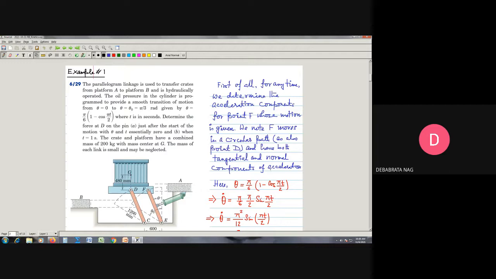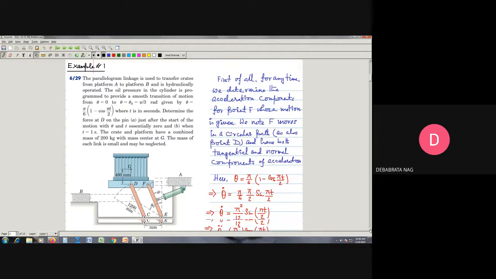Let us first explain the figure for the problem. In this case, what we have is a crate, a heavy box. Now that is moved by means of two equal but parallel linkages. So this thereby constitutes what is known as the parallelogram linkage. And in case of the parallelogram linkage, we know that the motion of the connecting rod, correct? The motion of the connecting rod.